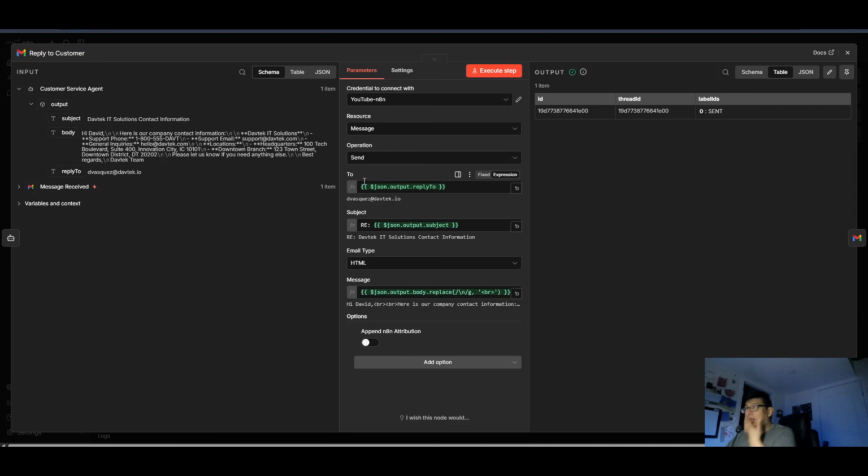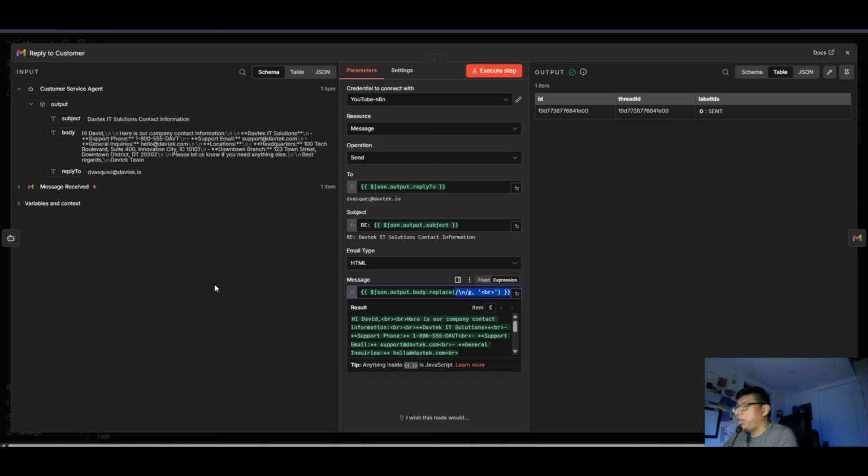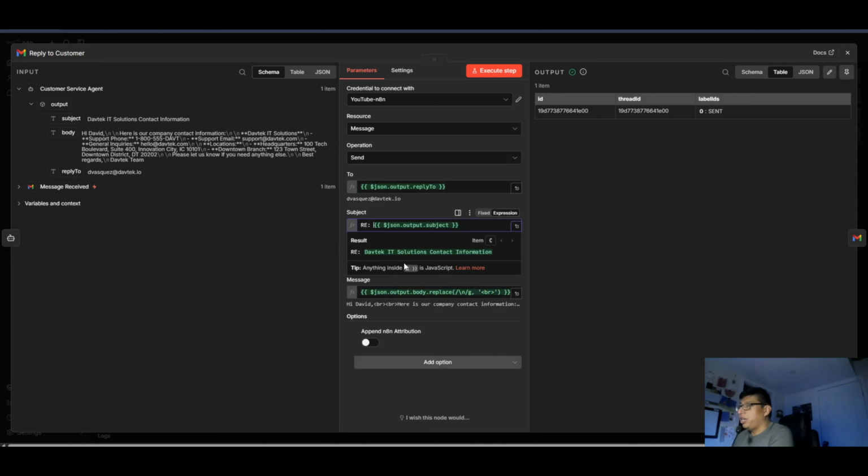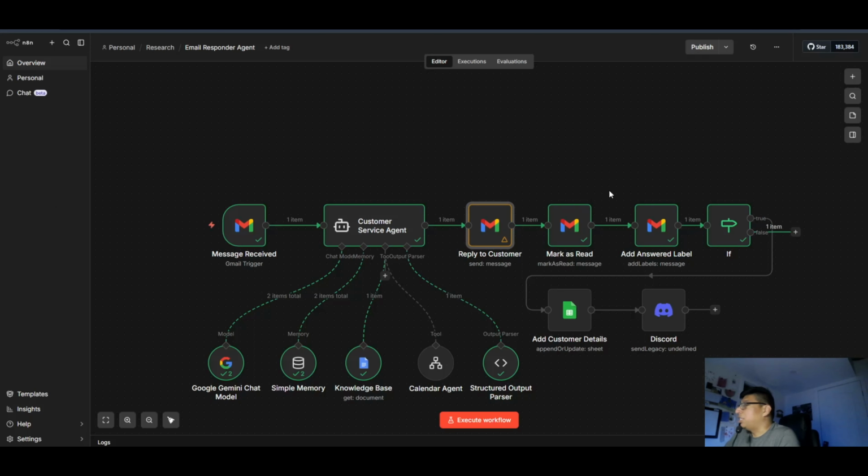Reply to customer. So this node is, of course, what does all the replying to your messages. So plug in your credentials right here. Everything else can be left blank for this node. So this is really just dragging and dropping these fields. So reply to, subject, I put in there subject, message, and I just put the body. Now this I wrote right here, so it formats it nicely instead of just one big blob of text. So just make sure you keep this part right here. And then I said earlier I didn't like how many times I said re, so I'm just gonna remove that there. All right, perfect. That's it for that.